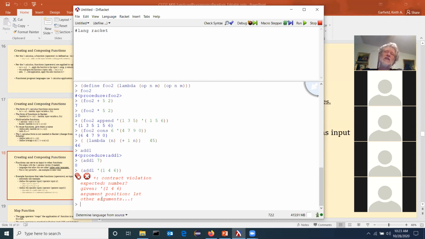So remember when I said that there's good news and bad news with respect to typing in Lisp and Scheme and Racket? The good news is you are not required to declare types. It is not a strictly typed language like Java. And in Java, when you have arrays, every element in the array has to be of the same type, which is restrictive from a programming standpoint, but helpful from a code development standpoint, because it's harder for you to make type errors. Whereas here,